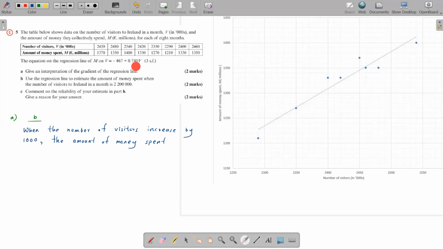I think you can see we have a positive gradient. 0.740 is the M value, the gradient here, the B. So in the amount of money spent, because it's a positive gradient, right? Because it's a positive gradient, you will write increase. Okay, that's very important. If this was a negative gradient, I would write decrease. Okay, the amount of money spent increases